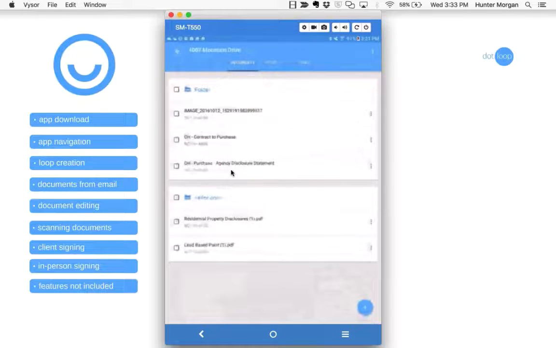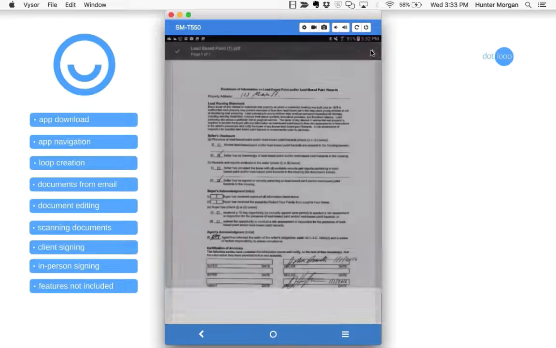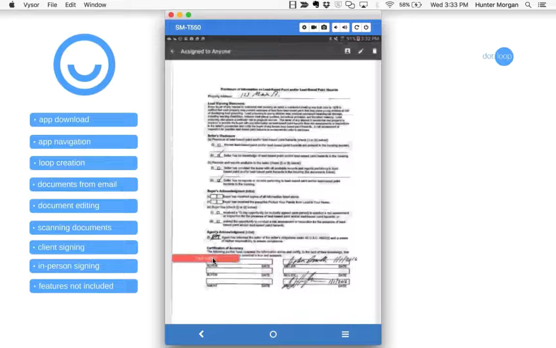Just as a quick recap here, that was how you can use the scan feature, but let's go back to these PDFs that we emailed in from the other agent, just so nobody's confused at why I was placing fields onto an image of a desk. The same tools apply when you've brought in a PDF from another agent or something that you scanned to yourself. Let's click on this lead-based paint PDF. I'm going to click the edit field in the bottom right, click add in the upper right. I'm going to add a signature, click to place, click and hold with your finger to drag it,